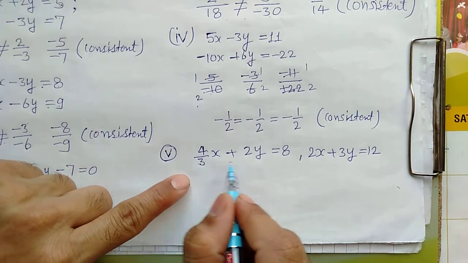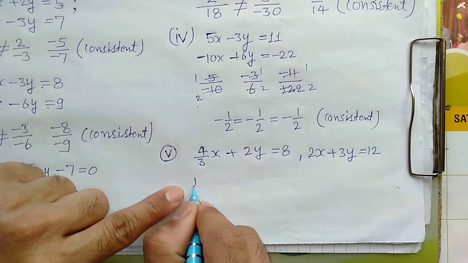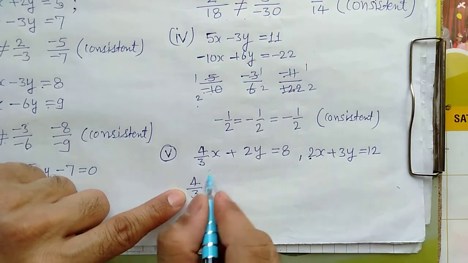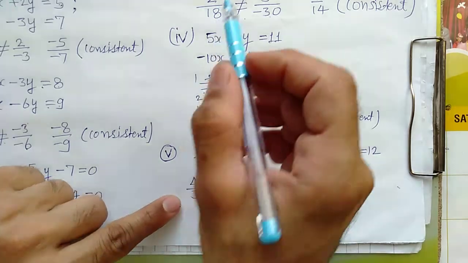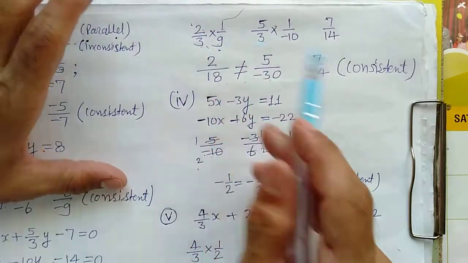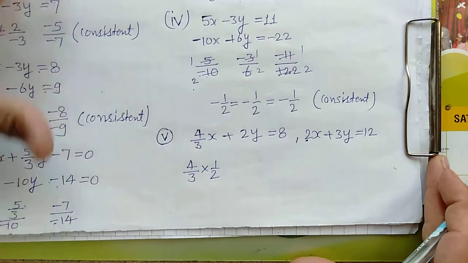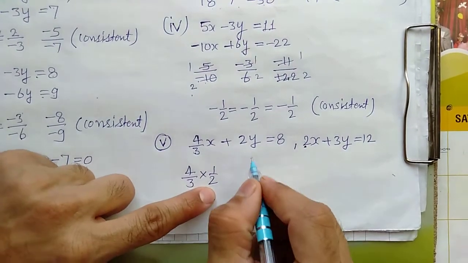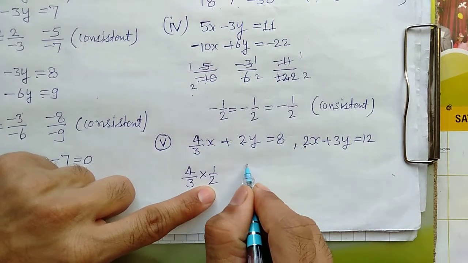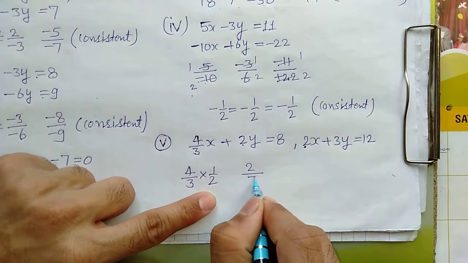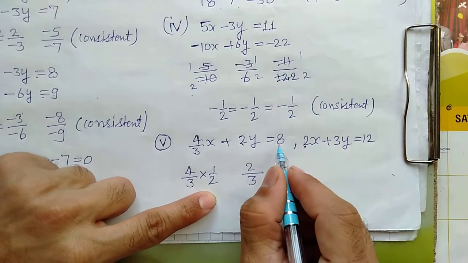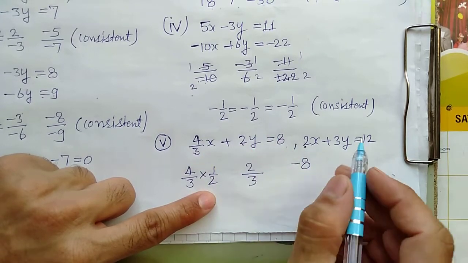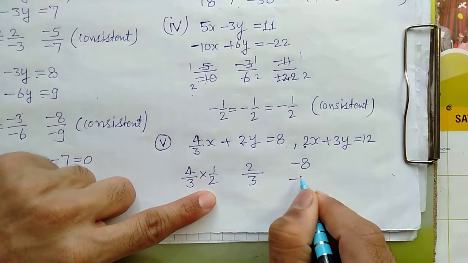Now see, this is a1, a2. So here 4 upon 3, when we divide this by 2, we will multiply by 1 upon 2. Like in the previous question we took the reciprocal, like this only I am doing here. Okay. Next, b1 upon b2. b1 is 2 and b2 is 3. Same, c1 is minus 8 by transposing. Always keep it in standard form. And c2 is minus